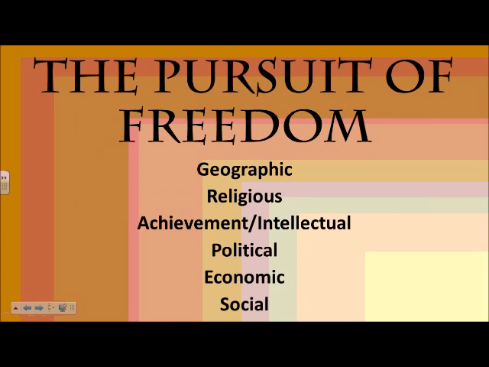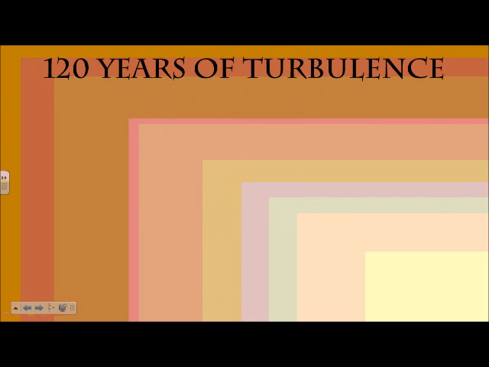Okay, for 2.3 notes, also be thinking about the pursuit of freedom relates to grapes. So we're talking about geographic freedom, religious freedom, all types of freedom. This is our theme for the semester. Remember, this will show up as an essay option on each unit guide, but it won't really be on the tests because it will be on the final in December.